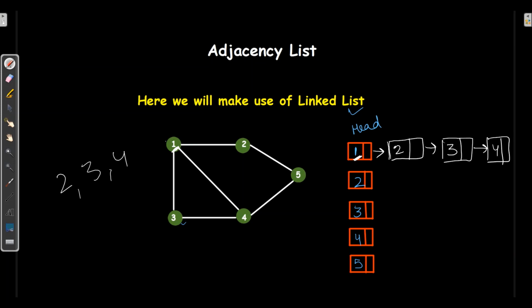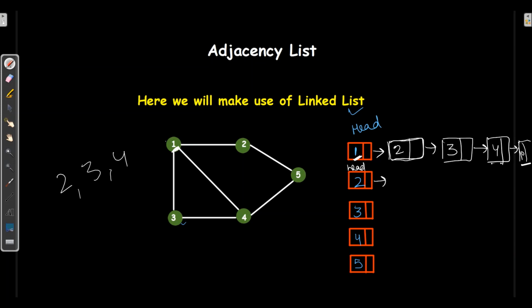These are the edges. 1 is attached to 2, so 1, 2, 1, 3 and then 1, 4 are the edges. So 1 has 3 edges and then we will have a null over here. Then we will check for another vertex which is also treated as head.